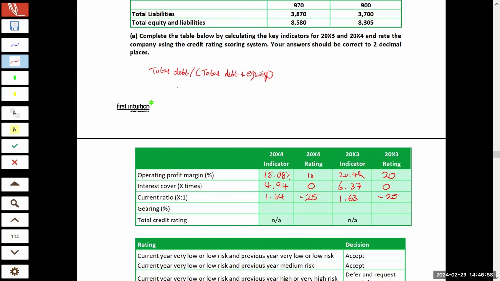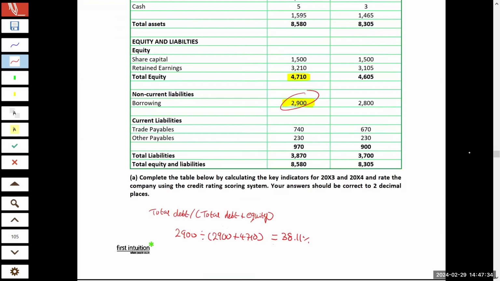Let's put that in. 2,900 divided by total debt plus total equity. So you've got to convert that into the relevant percentage. 38.11%. Let's put that in. And again, I can score that